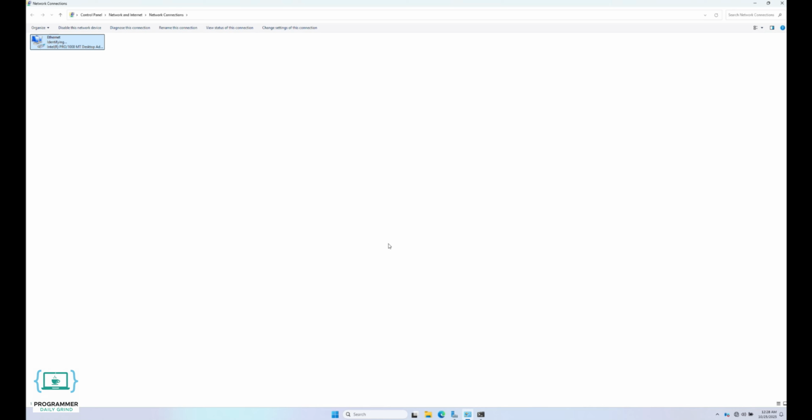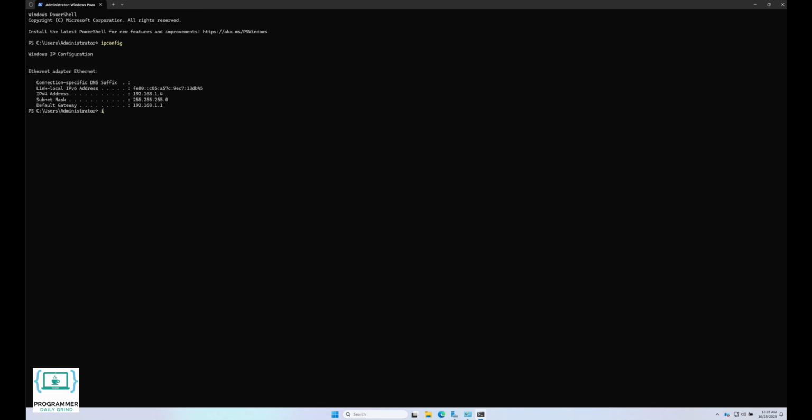To verify that all your IP addresses have been applied correctly, go back to PowerShell. Type ipconfig, and press enter. Then, look under your configured network adapter. You should see all the IP addresses you added, such as 192.168.1.3, 192.168.1.4, 192.168.1.5, and any others. This confirms that your server is now properly configured to use multiple IP addresses on the